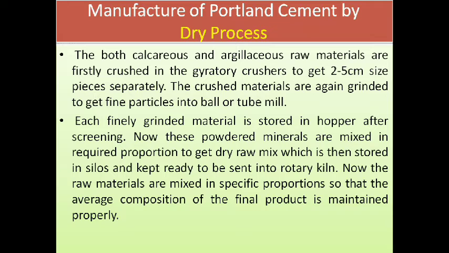Generally, we should start with the manufacture of Portland cement by the dry process. The essential raw materials during this process are calcareous material and argillaceous material. The calcareous material is rich in calcium and lime. These are limestone, marl, chalk, cement rock, marine shells, and alkali waste in the form of calcium carbonate, which is called calcareous material.